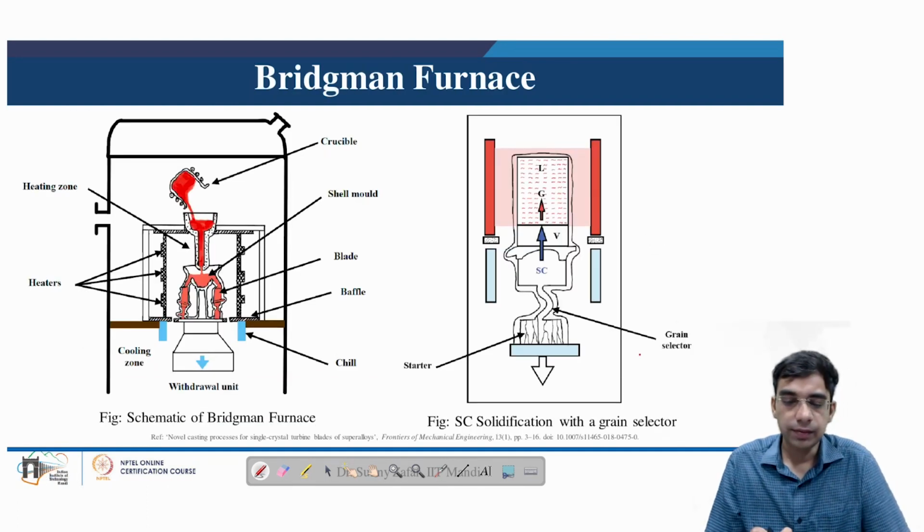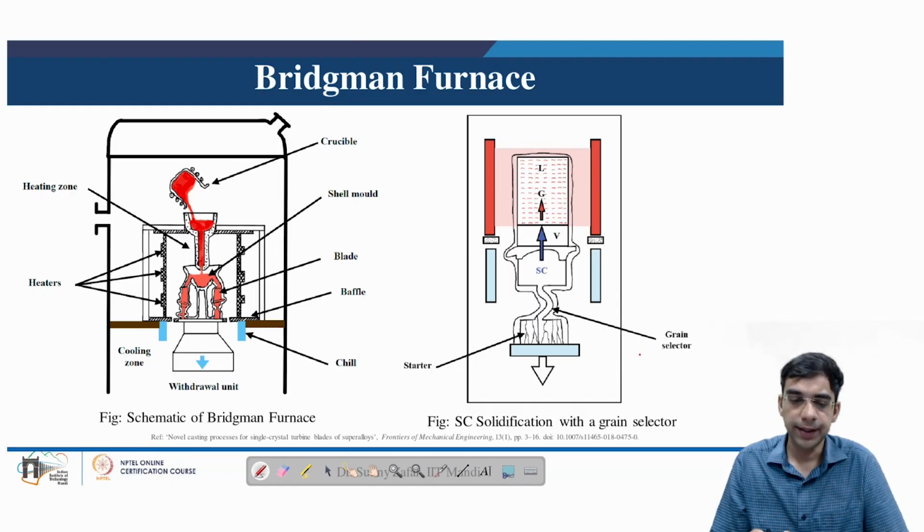So now to achieve single crystal casting in the gas turbine blades, of course we start with the investment casting process to develop the mold cavity by utilizing the wax pattern. Now pouring of the molten metal and then allowing it to solidify is done using specialized furnaces which allow a single crystal of the material to develop. So one of those furnaces which we are now discussing is known as the Bridgman furnace.